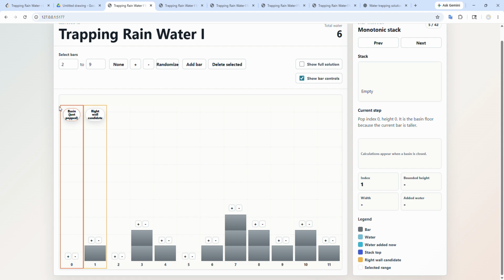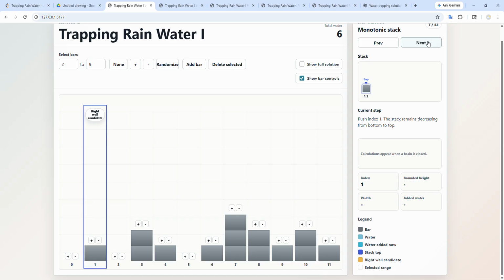And then we look at whether we can have a left wall. The left wall is supposed to be whatever is remaining as the top of the stack. Now the stack is empty, so we can't form the trinity of left, basin, and right. So we do not put any water here, and we add this element as the only element in